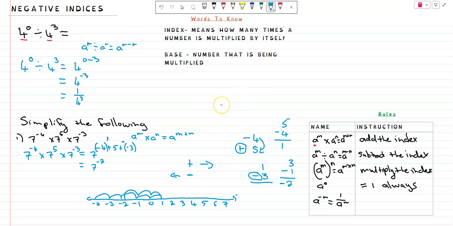Remember, there's many ways to skin a cat. We just need to find the method that works for you, which you can understand and will understand for quite a long while. So what is the right way to write this? The right way to write this would be 1 over 7 to the power of 2. Okay. And if we simplify this even more,